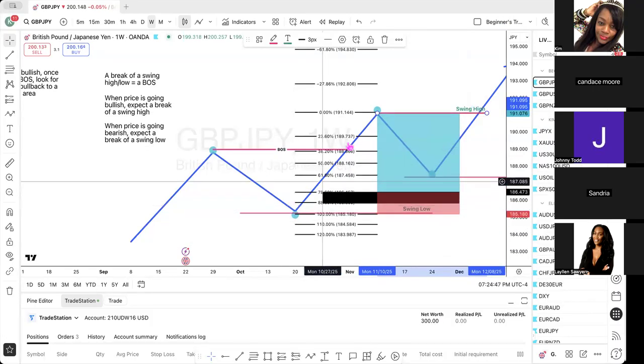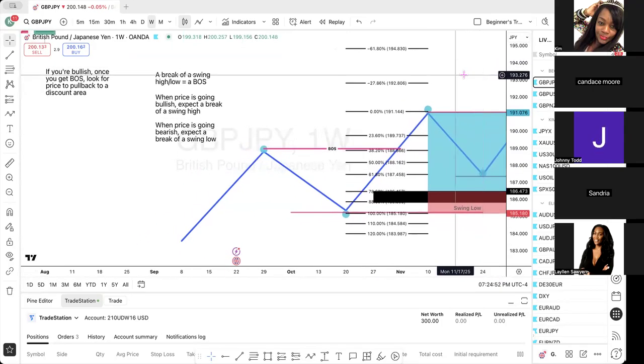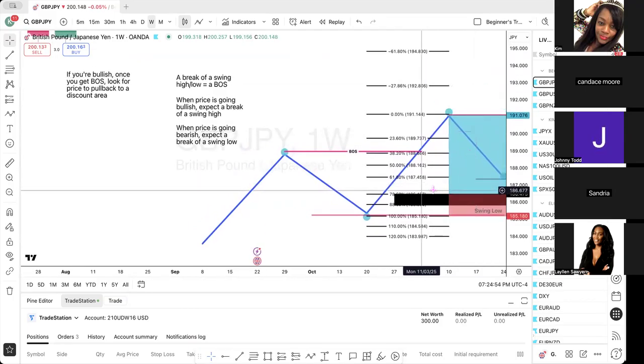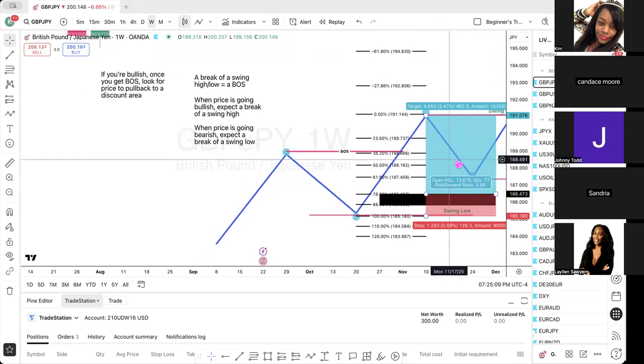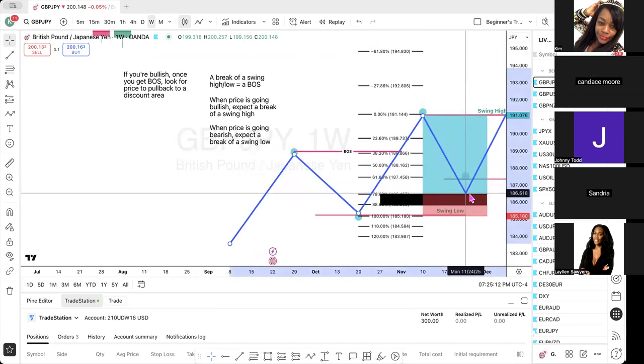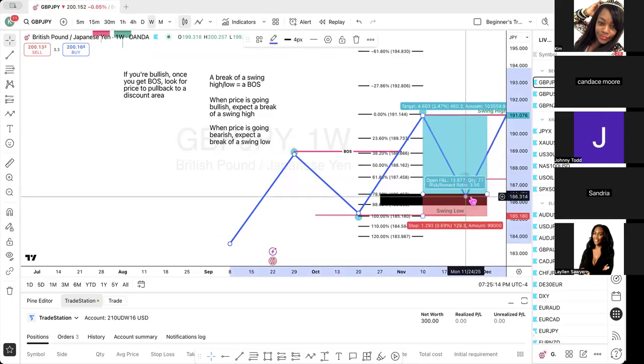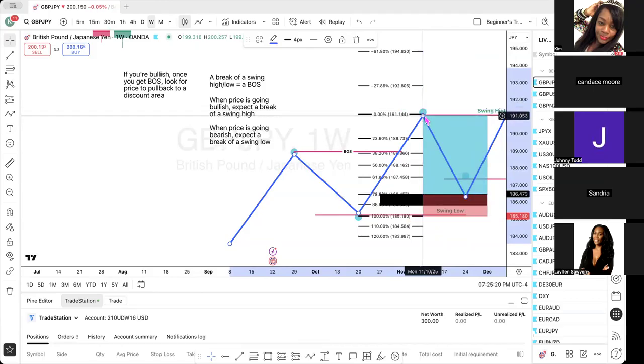So once this happened, this pulled back. This hasn't happened yet, so we're going to just slide that over, okay? So once this break of structure happened, I then look and I see that I have an order block and an imbalance at this zone. I'm marking it up, and once price starts to pull back, again, it may not pick you up, but when it does, and you take it to your swing high, it is like a home run out the park.